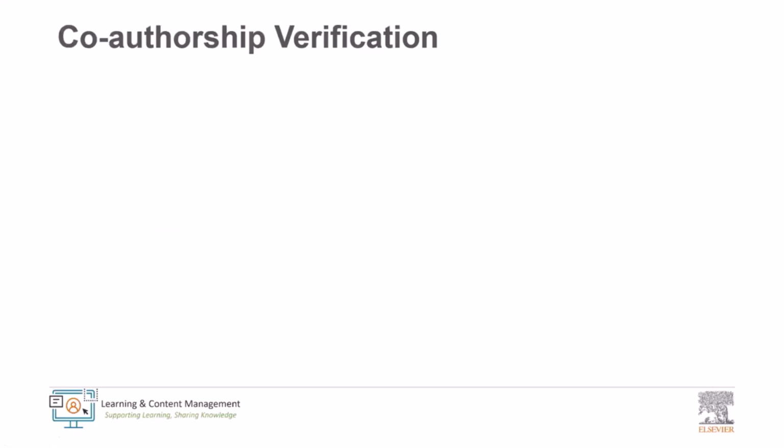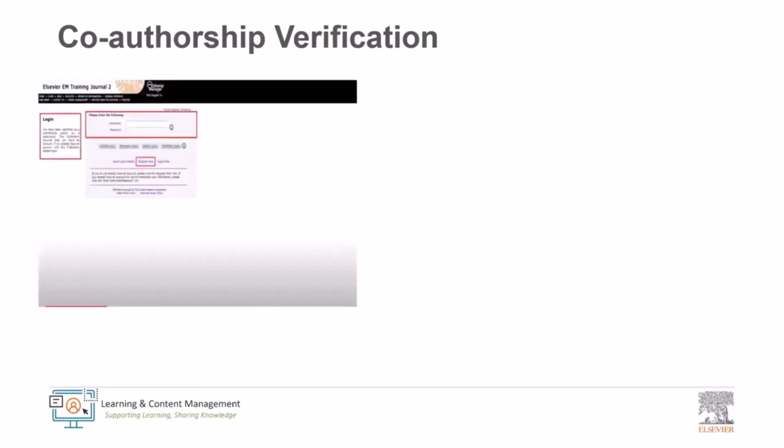Now, some journals will also ask you to register or log in to confirm your co-authorship verification through that deep link, which will allow you to again view the status of the submission of the entire manuscript. So in that case, you will get this login page where you can add your username and password and you can create your account. The entire information related to this, we also have a video where co-authorship verification details and specifics are covered. So please make sure you look into it, which will be posted in the chat section.